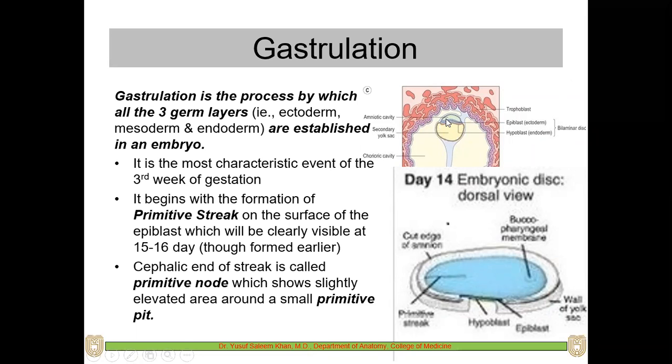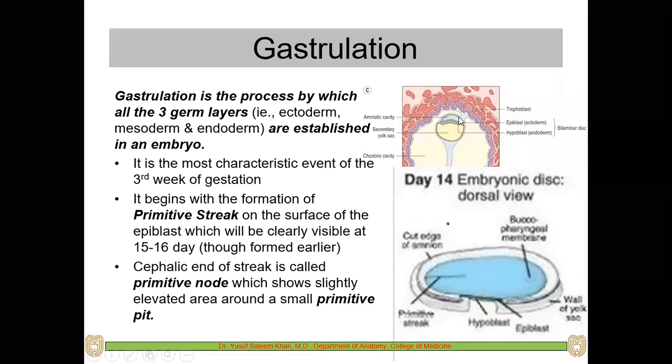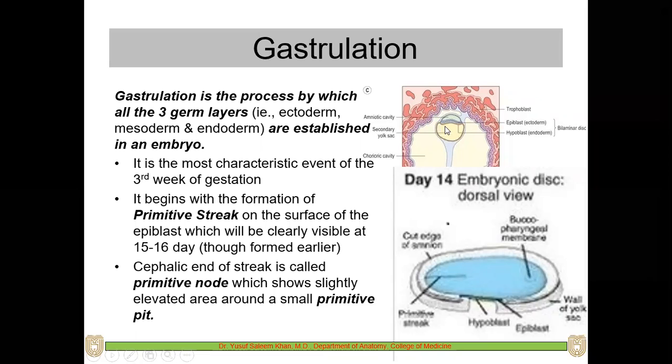Then similarly, there was the appearance of the amniotic cavity. Now it is completely formed. Then it was connected by the connecting stalk. Now we are seeing the changes within the embryo. Till now we were studying that it was two layers. Now this changes into trilaminar, that is three layers. So this process of changing from the two-layered structure to the three-layered structure is called